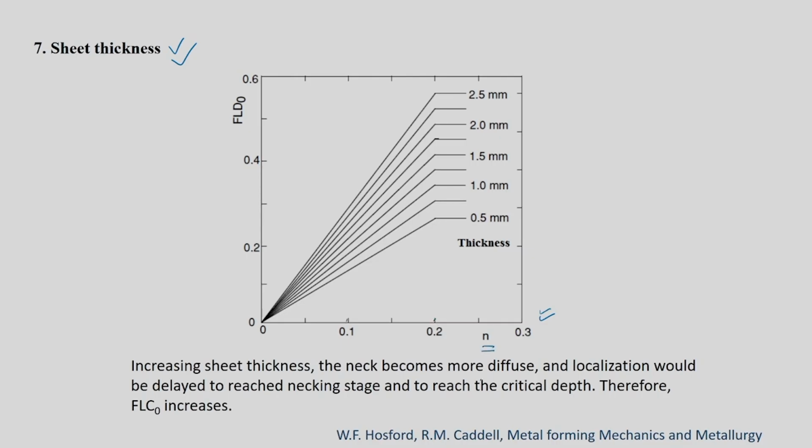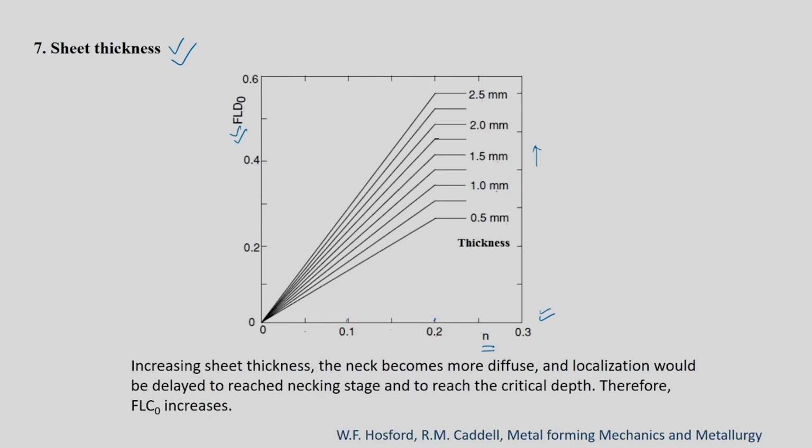So the x-axis is N, the strain hardening exponent. This diagram is drawn not only for thickness but also for N. The x-axis is strain hardening exponent, the y-axis is as usual our FLD 0, and thickness has been found to increase in this fashion. You will see 0.5 mm, 1 mm, 1.5 to 2.5. It means that other than N and thickness, all other properties of the material are kept constant. And you will see that with increase in N value, 0, 0.05, 0.1, 0.15, 0.2, 0.25,